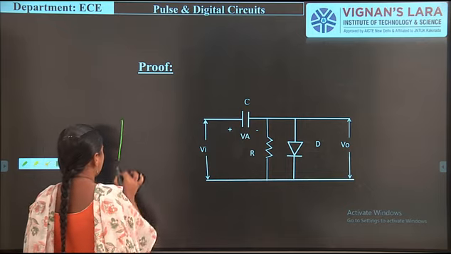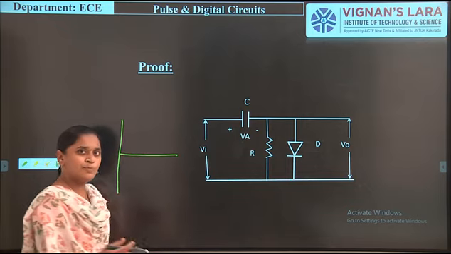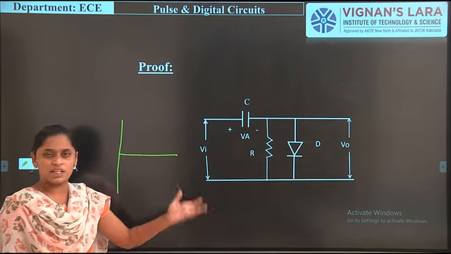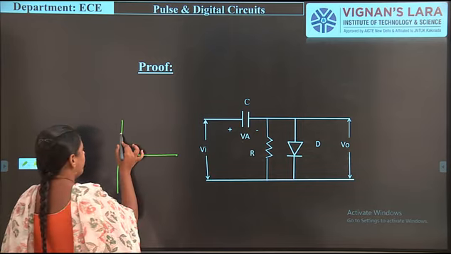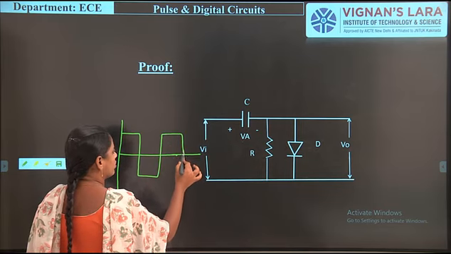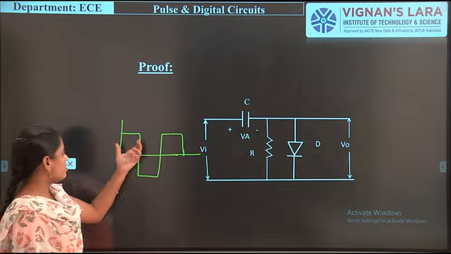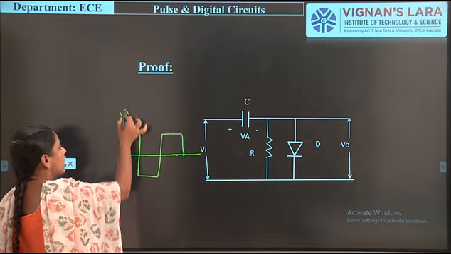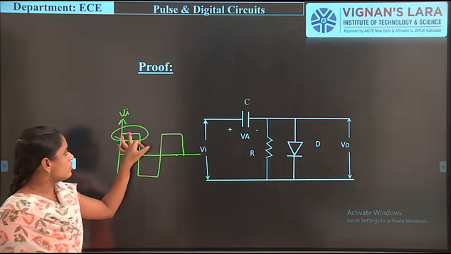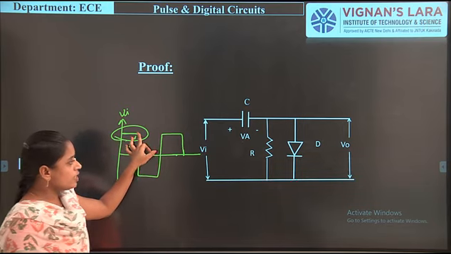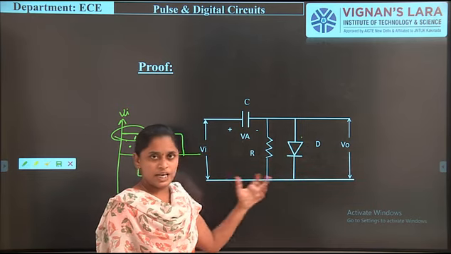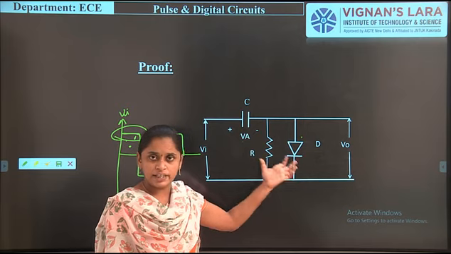We simply take a square wave signal. For any input waveform, that's why we take the square wave signal. If you want, you can take a sinusoidal signal also. So when a square wave signal is passing through the circuit, what happens? First we pass the positive direction signal. When a positive signal is passing through, it is connected to the anode of the diode, and the cathode of the diode is connected to the ground. Here also we take the ideal diode only.